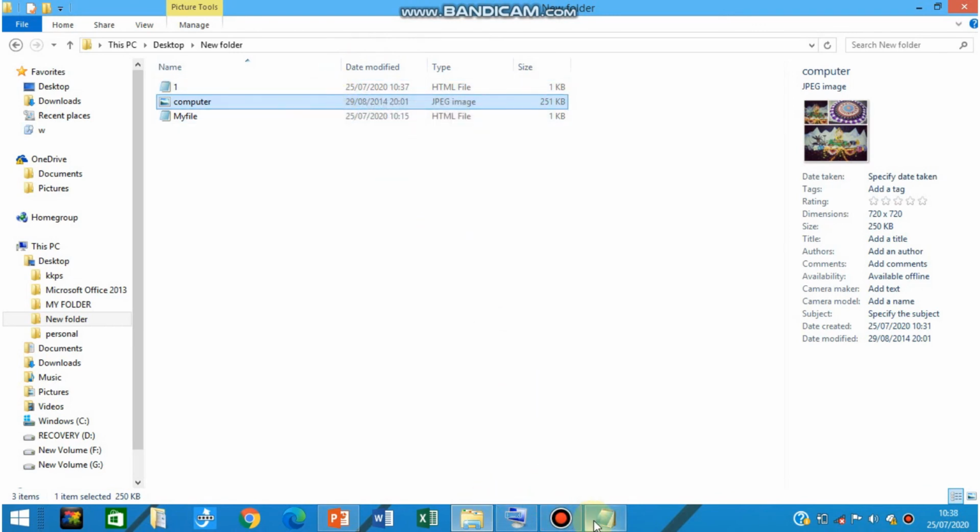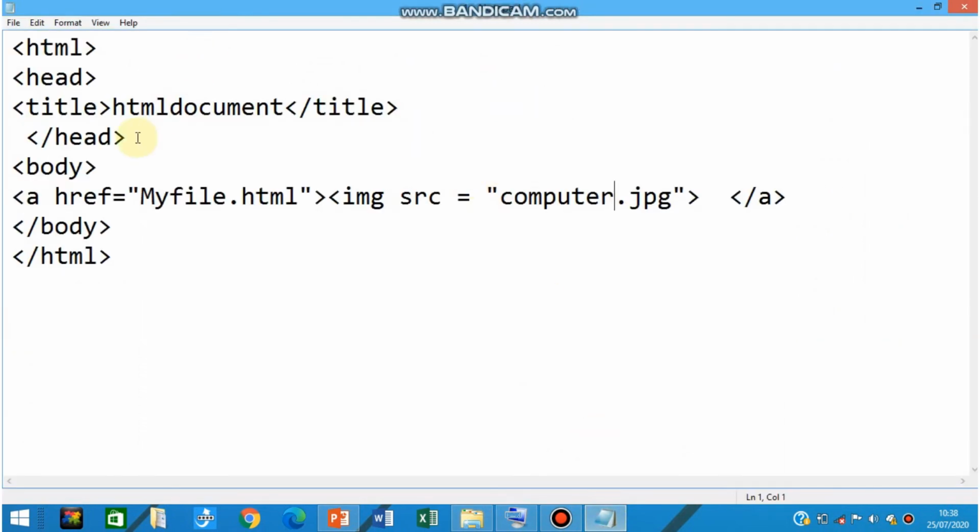Okay, now how will you use it in the code? Suppose here you already mention the link, okay, a href equal to myfile.html, that is the name of that second file, fine. And now after this a tag you have to use the image tag, and that is img space src, which stands for image source, equal to, in double inverted commas, the name of that image.